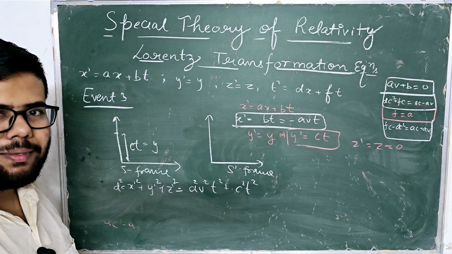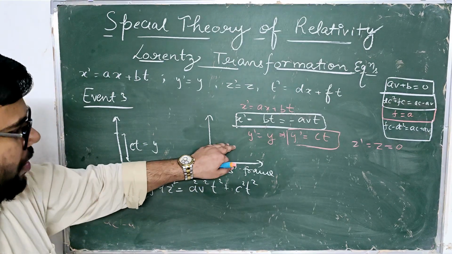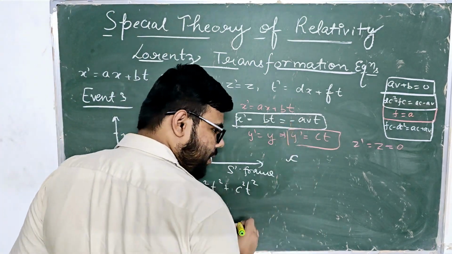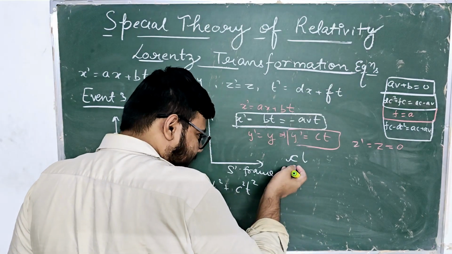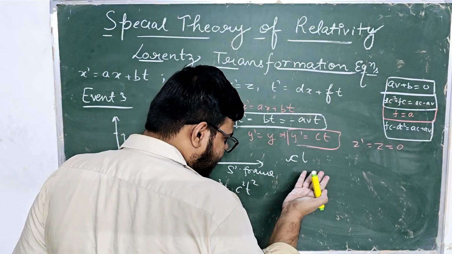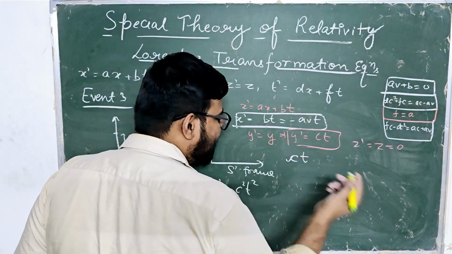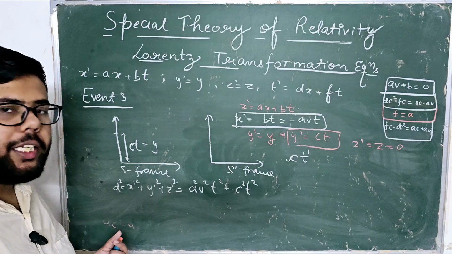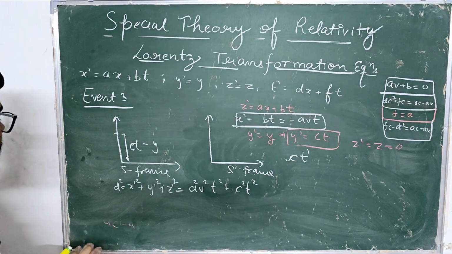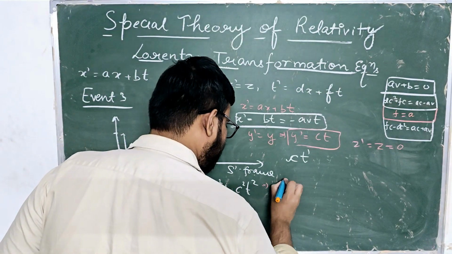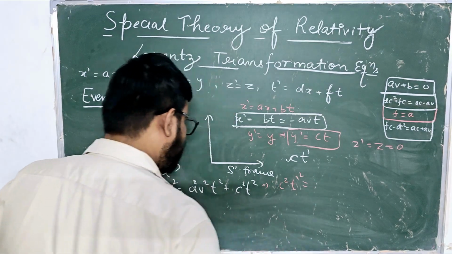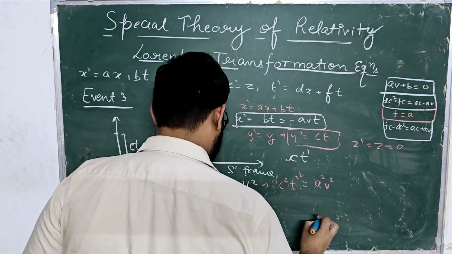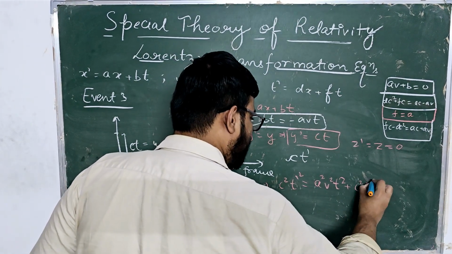Just think once. D square with respect to this, what is the distance traveled by the light photon? It will be the speed times the time, distance in speed and time, right? So ct prime. So d is actually equal to ct prime square, I mean ct prime, right? So we will have a square v square t square plus c square t square,